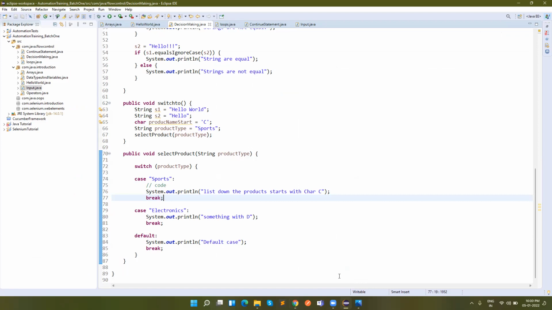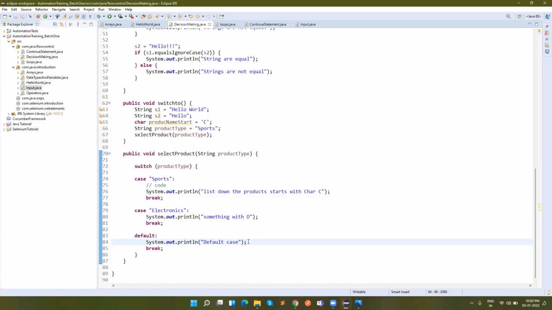Let's consider the same example of which browser we want to execute our script on. Here we know that we have only three possible cases: either Chrome, Firefox, or Edge, or any other one. If you've decided that by default the script will execute on the Chrome browser, then in the default case you can write the code to launch Chrome.